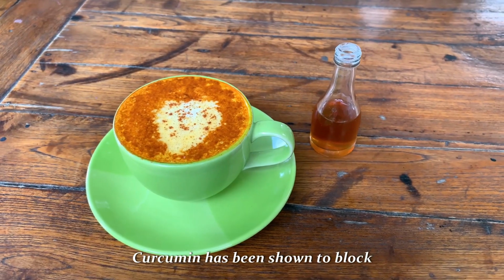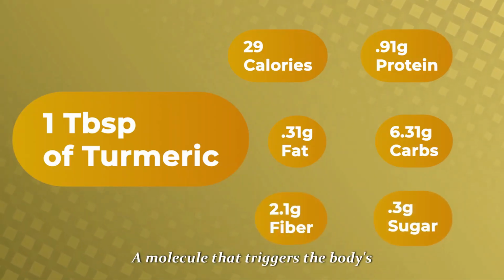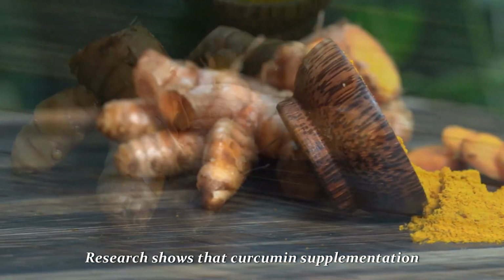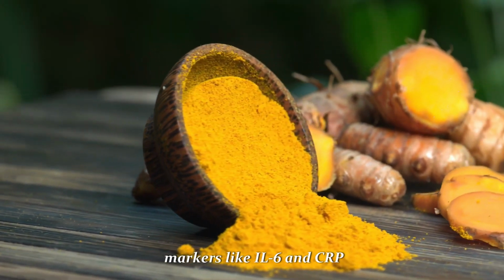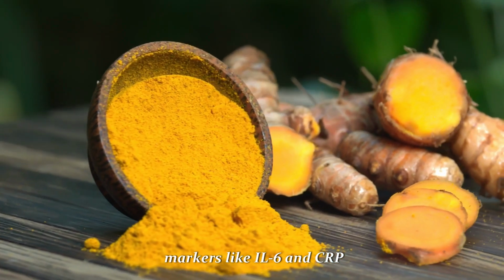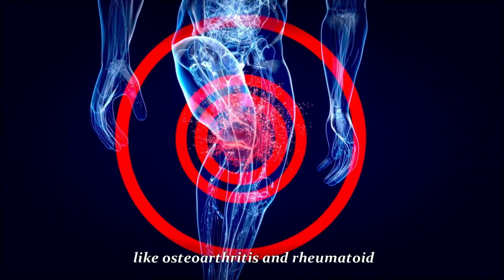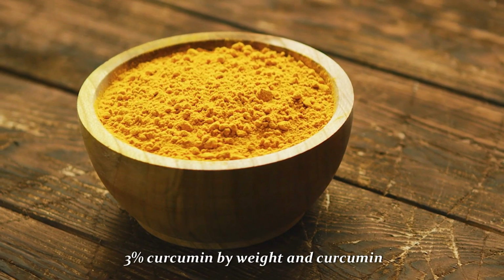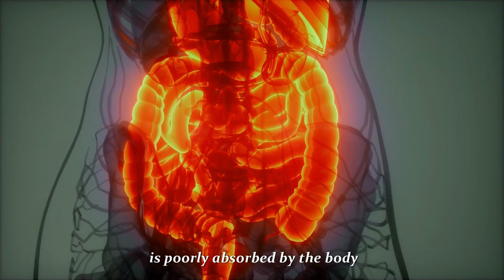Curcumin has been shown to block the activation of NF-κB, a molecule that triggers the body's inflammatory response. Research shows that curcumin supplementation can significantly reduce inflammatory markers like IL-6 and CRP, providing relief for conditions like osteoarthritis and rheumatoid arthritis. However, because turmeric only contains 3% curcumin by weight, and curcumin is poorly absorbed by the body,